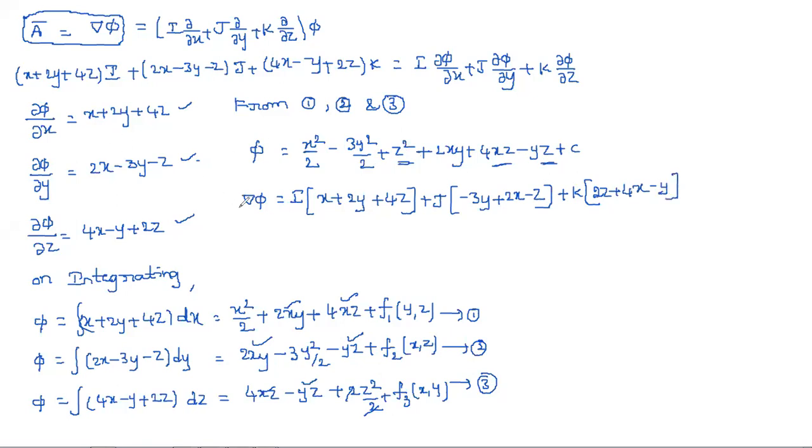So is this A bar or not? You can see that. Is this A bar? x plus 2y plus 4z. Got it? And 2x minus 3y minus z. And next 4x minus y plus 2z. Got it or not? Or if you want, you can write this in the exam also, simply as verification. It's not mandatory, just for knowing whether you got this phi right or not. If you're not getting it like this, it means obviously you made a mistake somewhere.